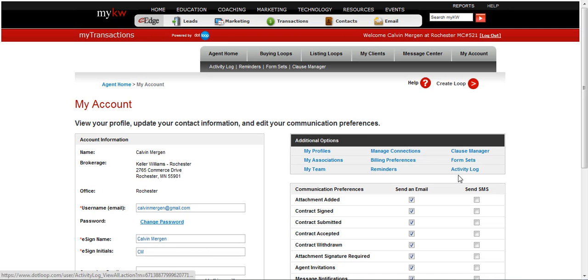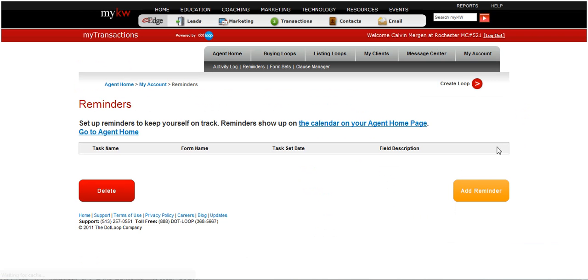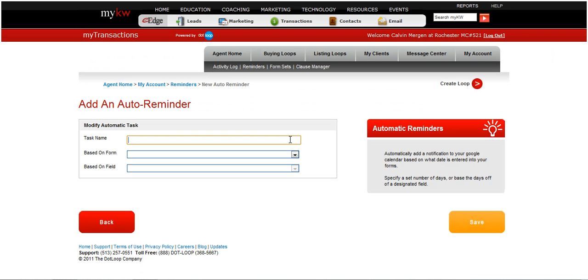Next section here, we will go to the reminders. This is kind of cool. So I don't have any in here right now, but you can add reminders based off of the date that is on a form. So you would put in, this would be maybe the closing date. So you can actually have it, if the purchase agreement